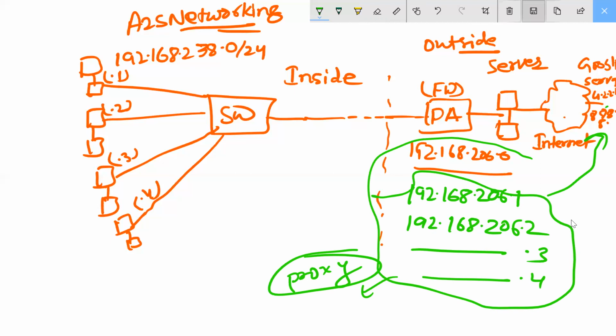Let me come here. What we will get is the PAT table. Let me write the PAT table here. In the PAT table, first the protocol is coming.